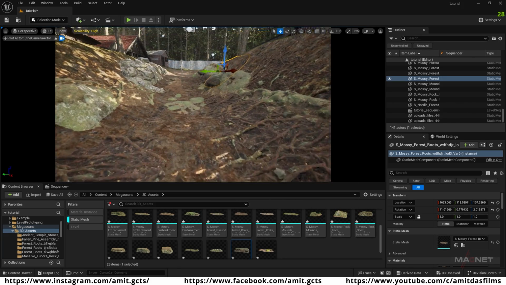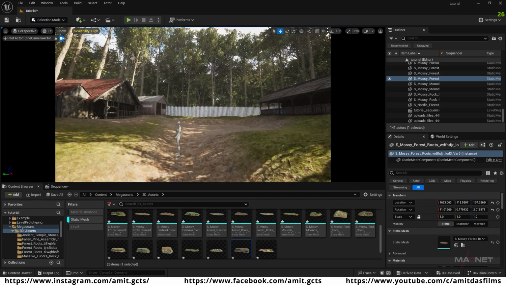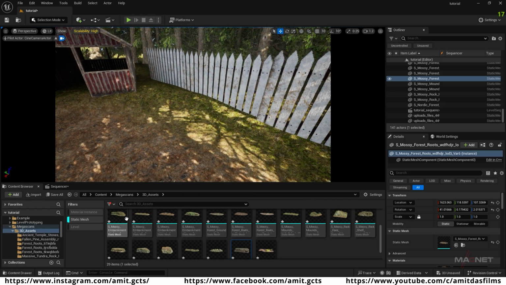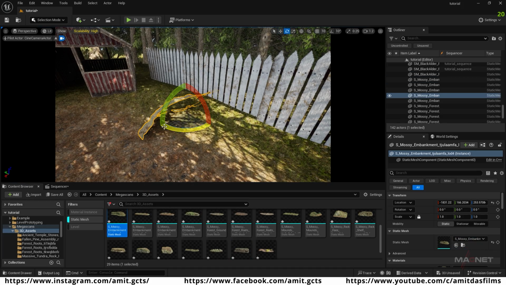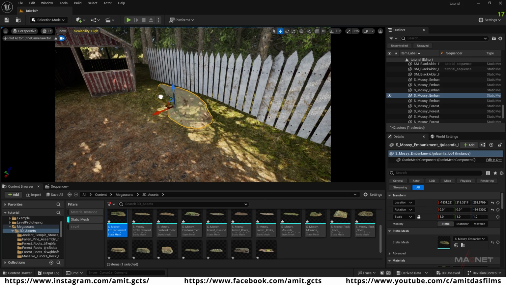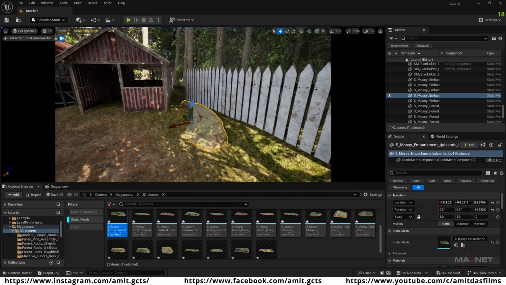Okay, and you have to do this same work all over this place. Maybe we put some of these assets over here also. So maybe we can use this one over here. So there are so many assets. So if you choose anything you want,